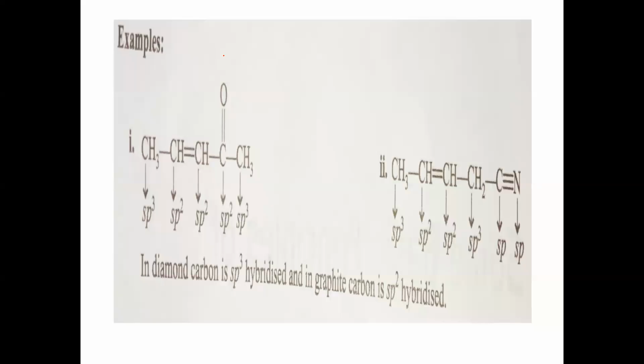Hello everyone. Today we are continuing with hybridization in organic compounds. We have already discussed in the previous class that when no pi bonds are present around a carbon atom, that carbon should be taken as sp3 carbon. If at least one pi bond is around the carbon atom, it is an sp2 carbon atom. And if there are two pi bonds around the carbon atom, it is called an sp carbon atom. Let's check some examples to understand.